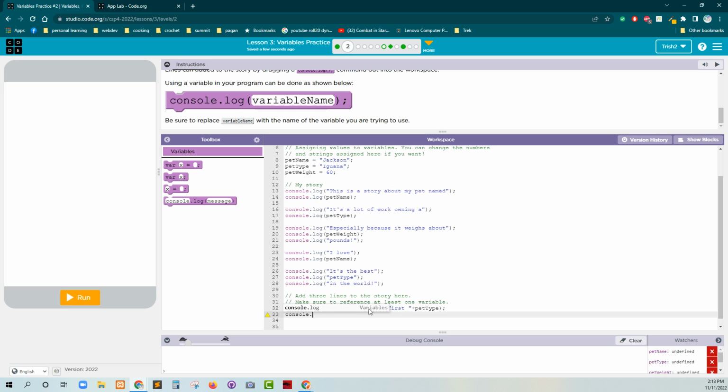Console.log. Actually, yes. All right. And then what am I going to say? How much does Jackson weigh? He weighs 60 pounds. Is that big for an iguana? Maybe. I don't know. I don't know if he's a chunky iguana or if he's just a big iguana. Let's just say my vet says that at plus pet weight,